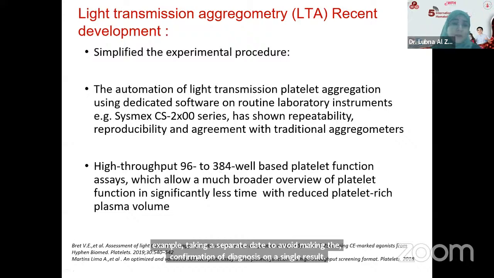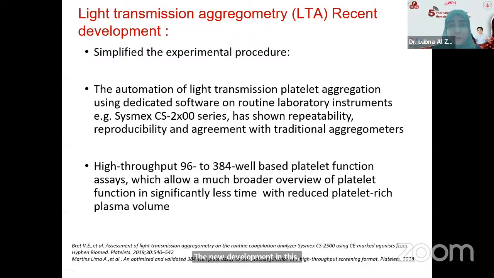The new developments in light transmission aggregometry have simplified the experimental procedure. The first one is the automation of light transmission platelet aggregometry application using dedicated software on routine laboratory instruments. For example, what has been proposed by the Sysmex CS series has shown repeatability, reproducibility and agreement with the traditional aggregometer. I put the references here for you. The second development is a high-throughput 96 to 384 well-based platelet function assay, which has allowed a broader overview of platelet function, and also reduces plasma volume